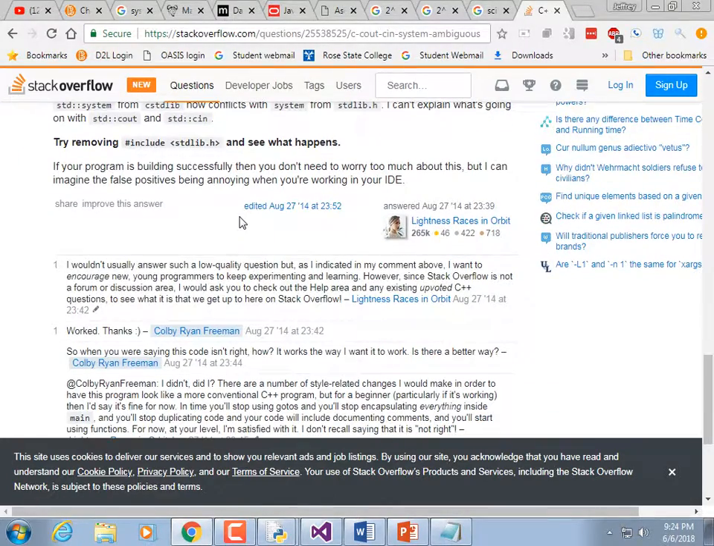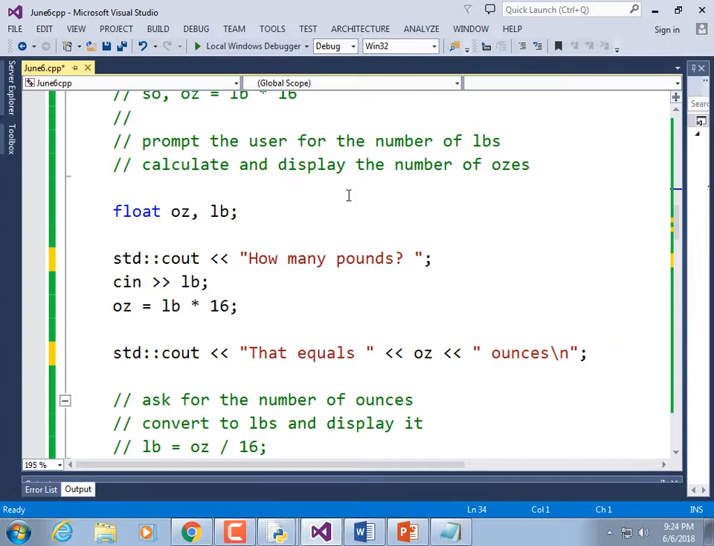Nah, I'm not getting it, and I'm not going to spend any more time. If that ever happens to you, if you ever start compiling and it suddenly starts complaining about cout and cin being ambiguous, just go ahead and give up and prefix them all with std::